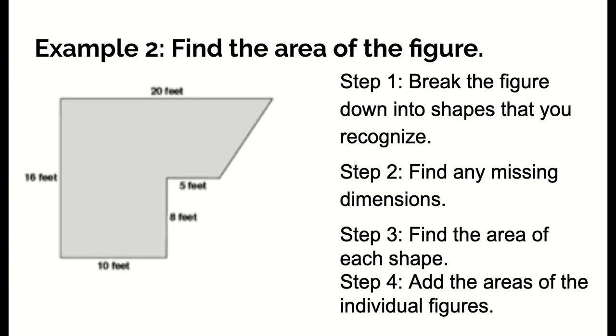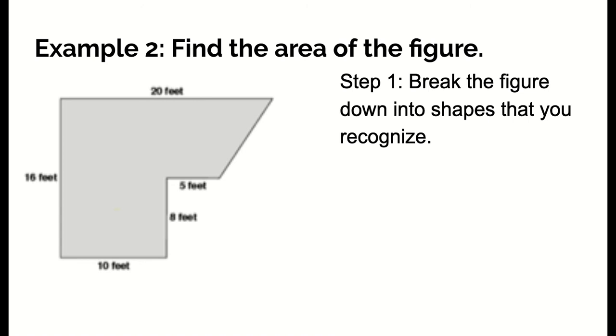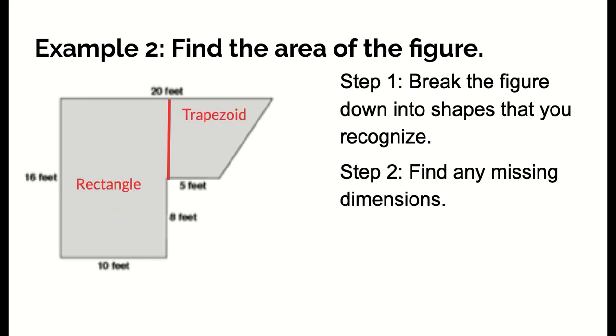All right, let's do another example together. Again, we're going to follow the same 4 steps. Step 1, break the figure down into shapes that you recognize. I'm going to draw a line there to break the shape into a rectangle and a trapezoid. Step 2, find any missing dimensions. So I figured out that these